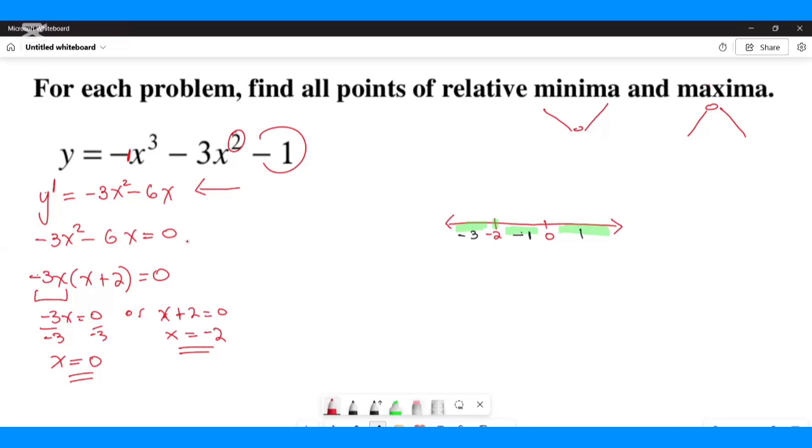And I'm going to be testing in the derivative function, not the original one. So I'm going to just test it quickly right here. So let's write it. We have -3x, and then we have x plus 2. We're trying to see if we get a positive or negative number. So if I substitute -3 here,